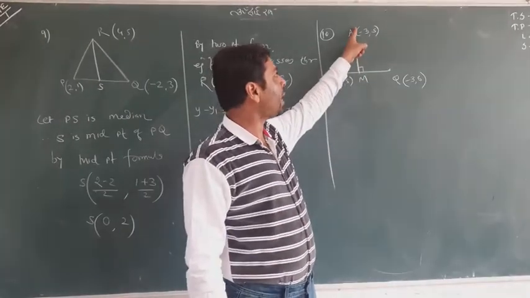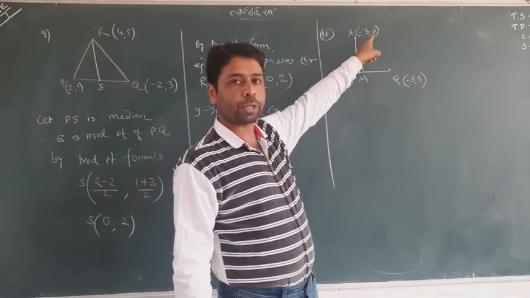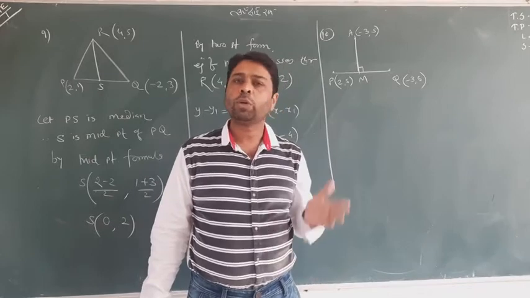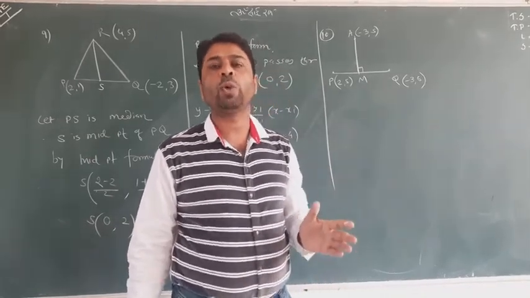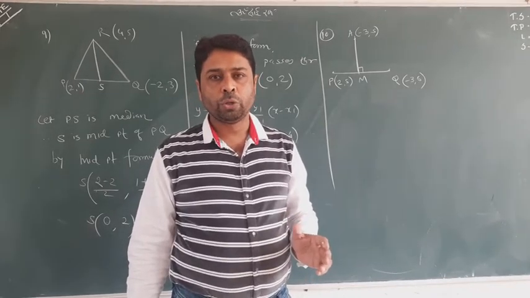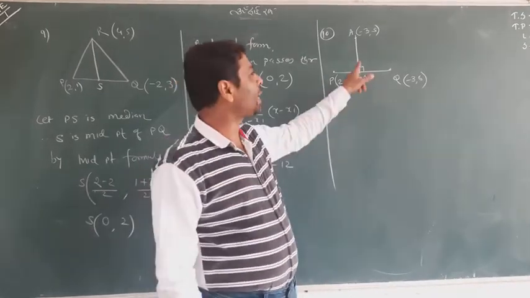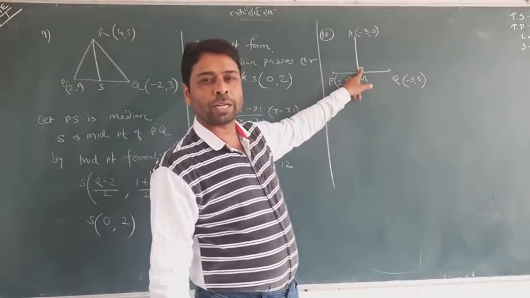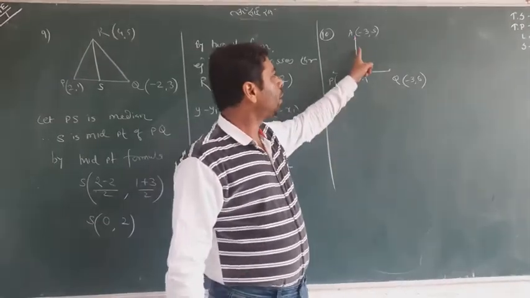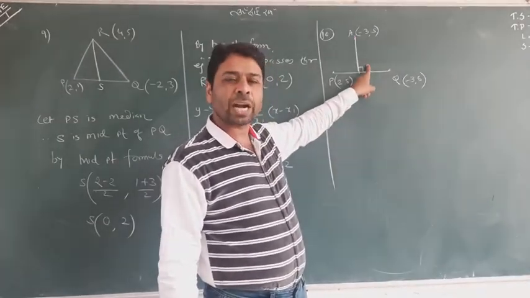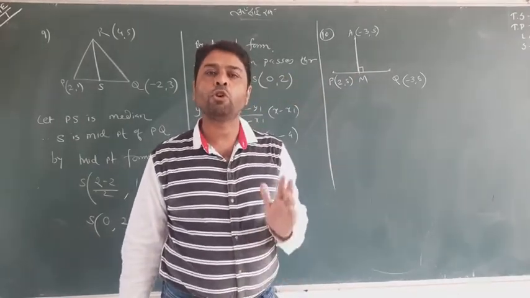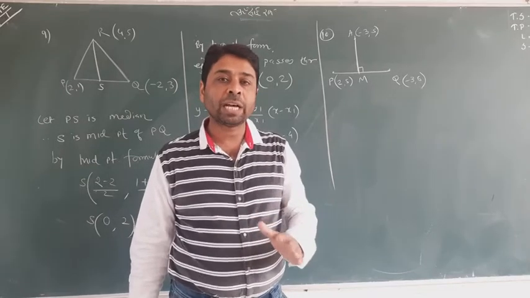So we are bound here. We can only check that the line is passing through one point, so definitely we will use the one point form. In the one point form, the formula is y minus y1 equals m(x minus x1). We need m, the slope. Sometimes students get confused thinking the slope is 90, slope theta equal to 90. I again tell you, if you want to find the slope of the line, don't look at such an angle, but make the concept clear in your mind that slope is always tan theta,